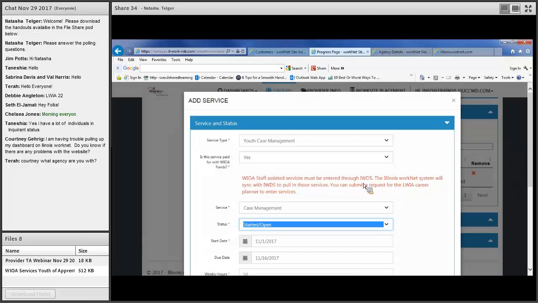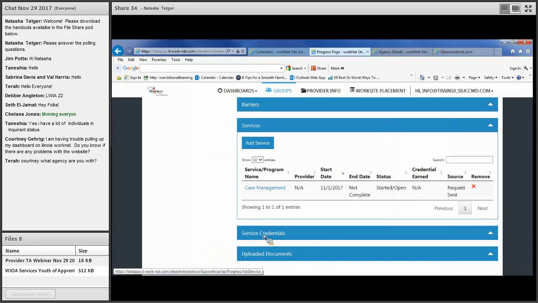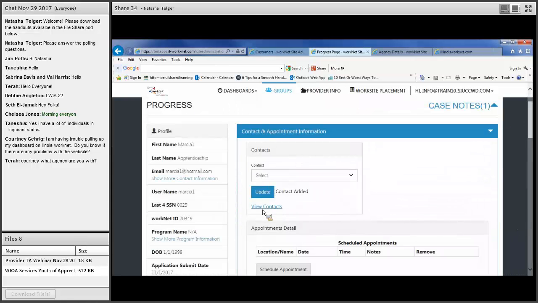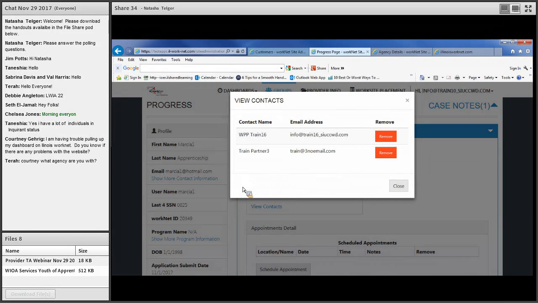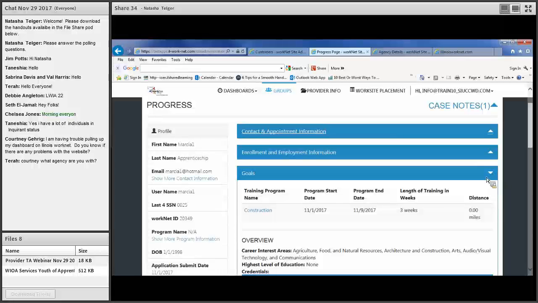It's going to say this must be entered into IWDS. And then you can put notes in there. You can submit a request, and then it'll change this to request sent, and it will send a notice to the person who is the LWS staff that was identified up here in the contact. So in this case, it would have sent it to the WPP Train 16,